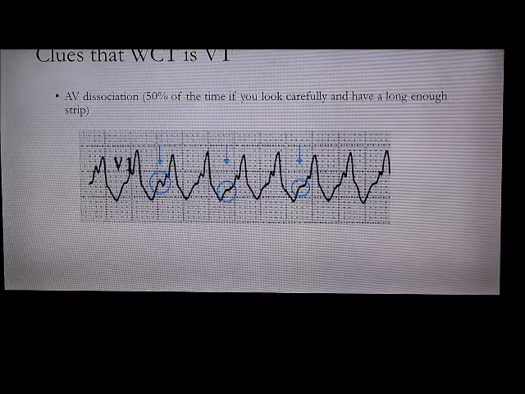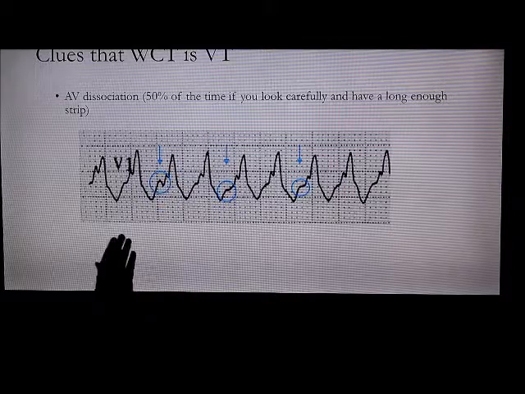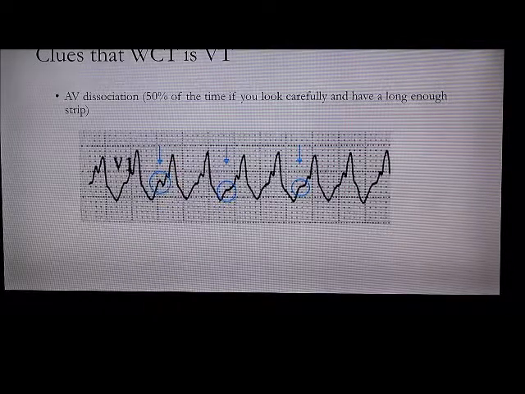If you have AV dissociation or signs of AV dissociation, so either you actually see P waves marching through the QRSs, not related to them, not immediately after or before them, this is pathognomonic for VT. So you can say 100% this is VT, not most likely this is VT. And a lot of people say you don't see that a lot, but if you print out a long enough rhythm, even if you print out more and more strips, you can see that up to 50%